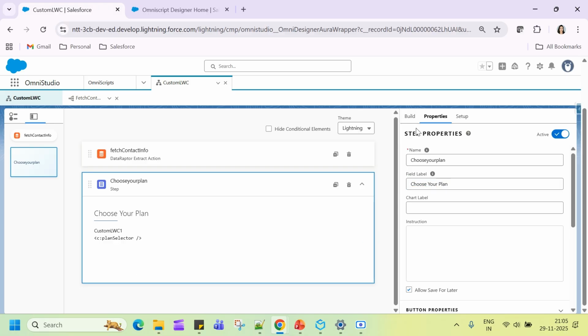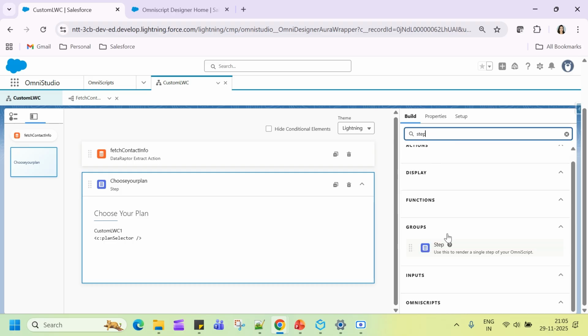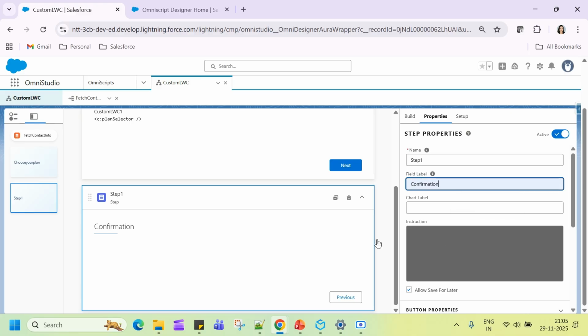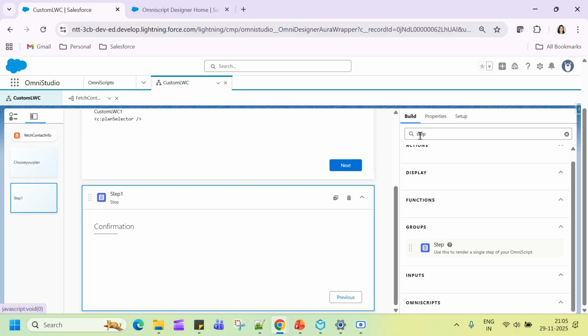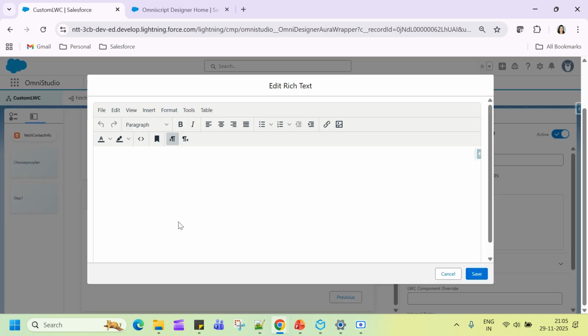I will also add another step which will show that this is the option you have selected. So let's add one more step here, and we will name this confirmation. Inside this confirmation, I'll add a text block, and here I will show whatever options the user has selected in the LWC, and that has been passed here, right? So you have selected